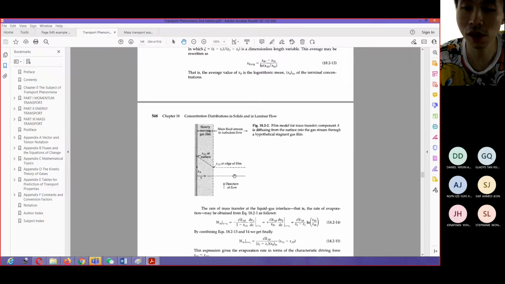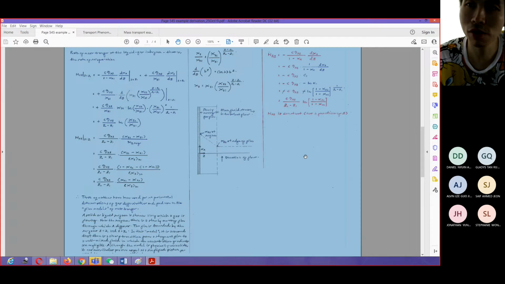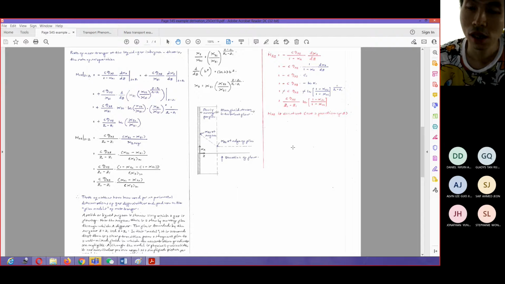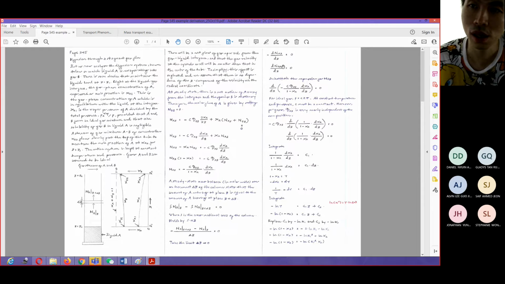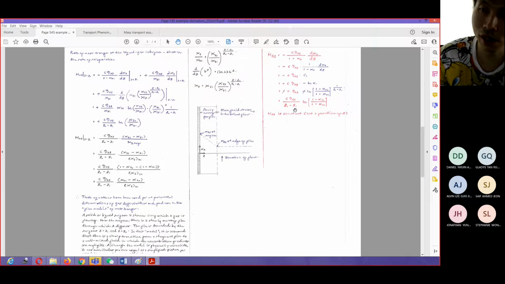So it's the one that is given in this book. I think what I need to cover here is the fact that if you only see that this one is a constant, and AZ is constant, it's proven that NAZ is constant. But if you want to cross-check it again, then you just substitute what is dXA over dZ into that particular NXA. So we know that NAZ has a final expression of CdAb (Z2 minus Z1) divided by (Z2 minus Z1) ln (1 minus XA2) divided by (1 minus XA1).